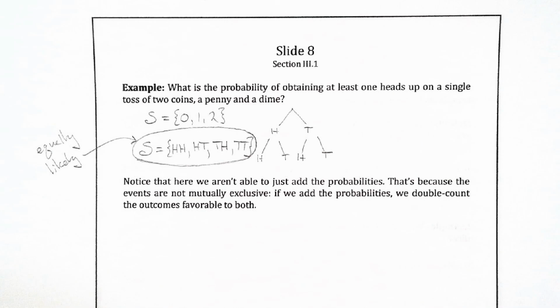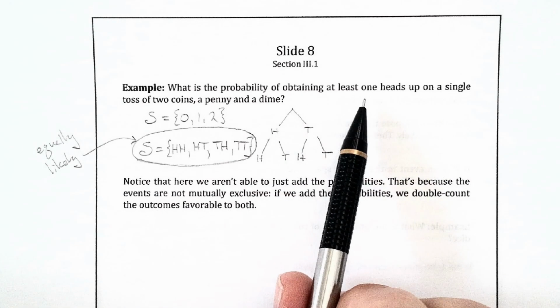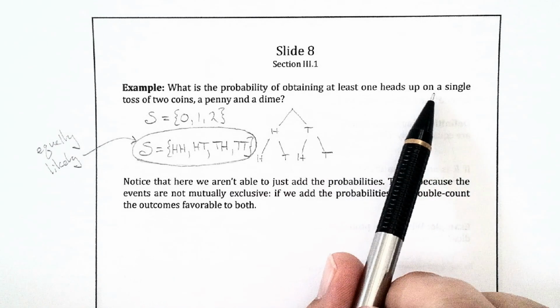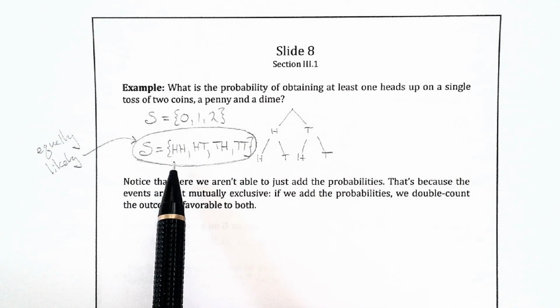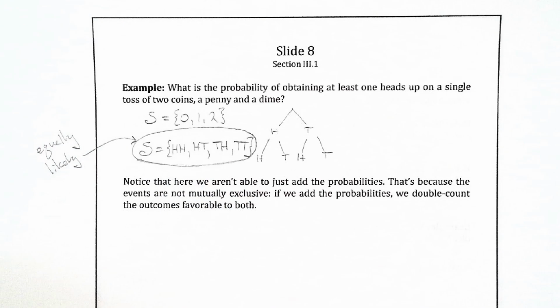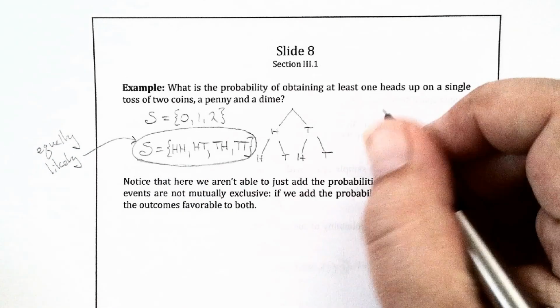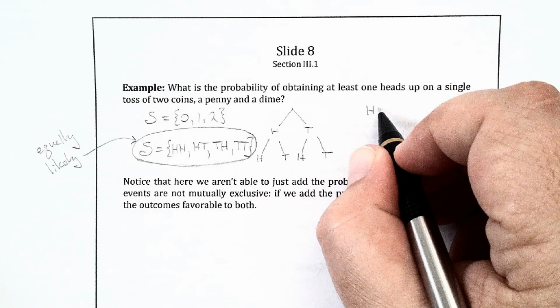Okay, well, our event is the event in which we get at least 1 heads up on a single toss of 2 coins. So that could be heads, heads, heads, tails, or tails, heads. So, if I drop the little Venn diagram here,